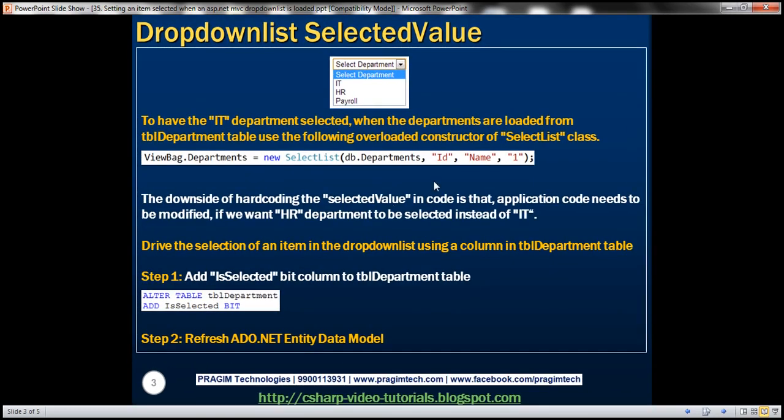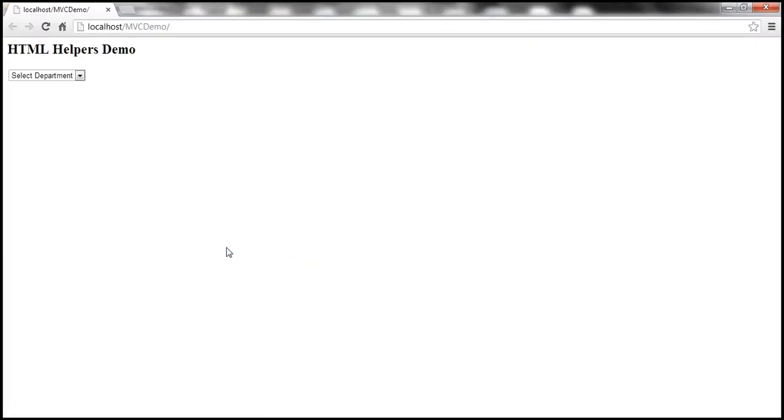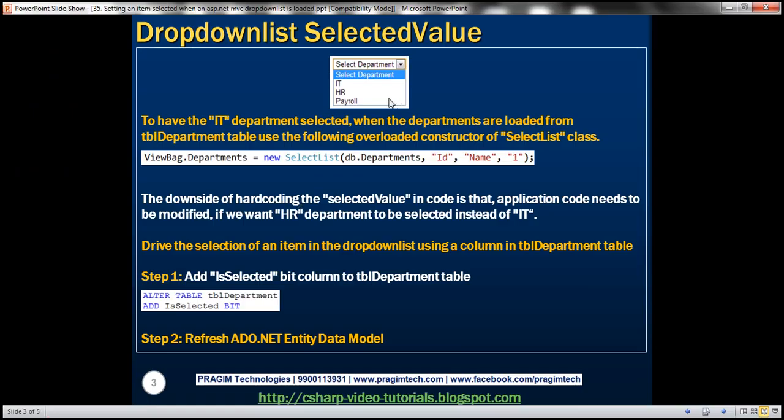If you recollect from the previous session, these options within this drop-down list are loaded from this database table TBL department. Let's actually run the application. And notice that when the drop-down list renders, no department is selected by default. And let's say our project requirement is such that we want IT department to be selected by default, then we